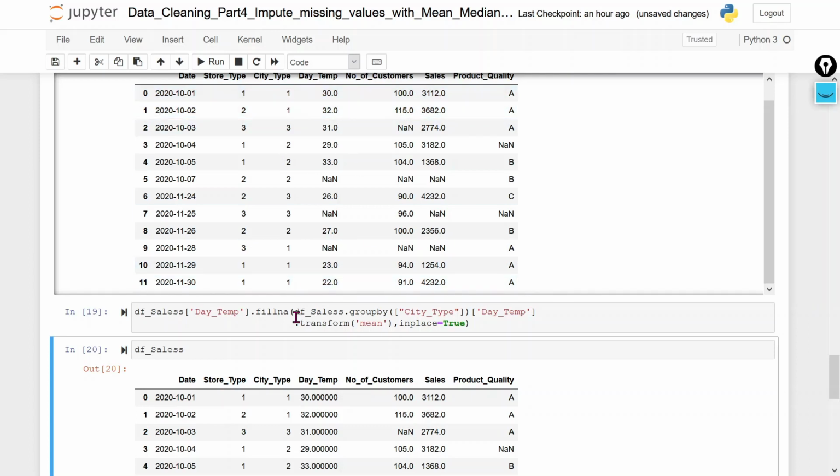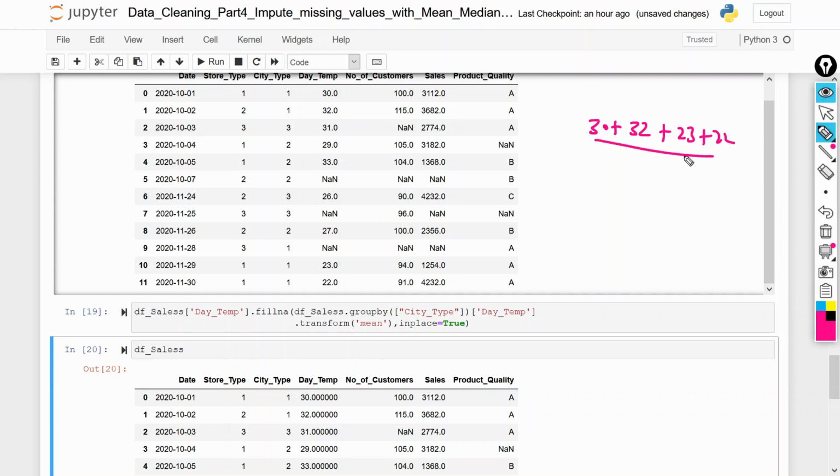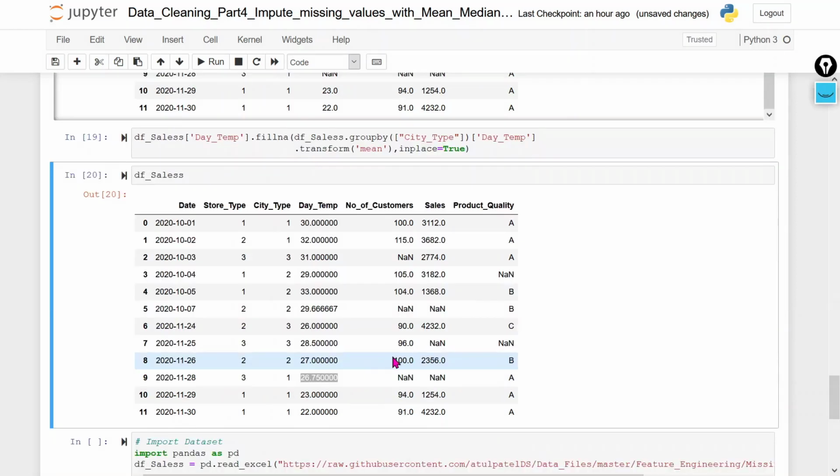We have 5 ones, and 4 values. So we add all these 4 values: 30 plus 32 plus 23 plus 22, divided by 4. We will get 26.75. That's why this value has been imputed.